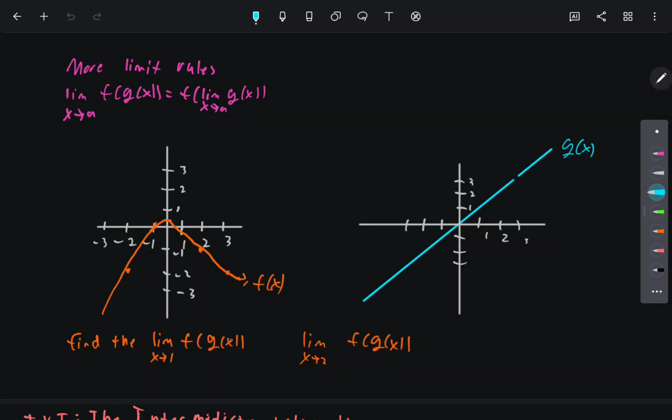So what we want to start out by doing is taking the limit as x approaches 1 of g. Well, at 1 of g, that looks to approach 1. And f of 1 looks to be about -1/2. Alright, continuing on, as x approaches 2, well, g approaches 2, and that looks to be approaching -1. Alright,